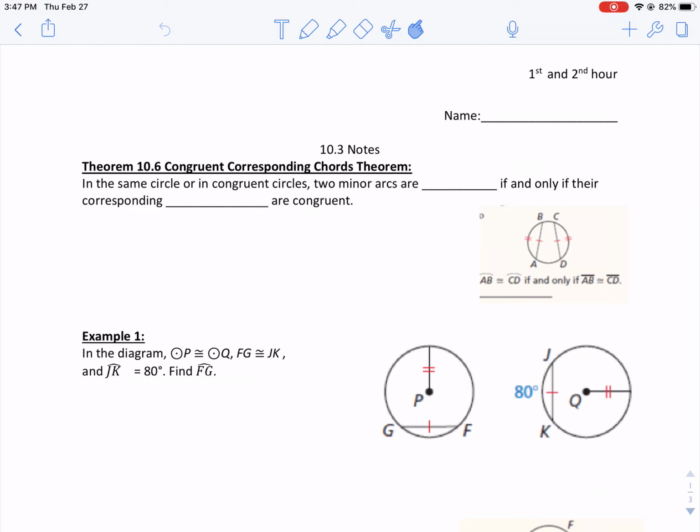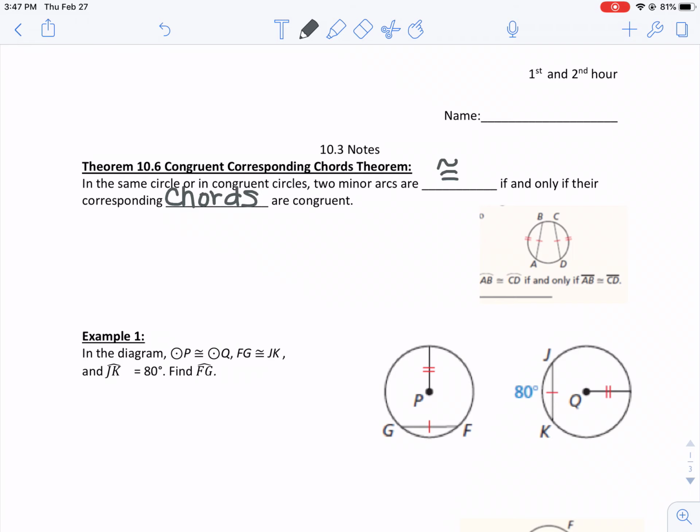So for the 10.3 notes, we're going to start with a theorem, and the theorem says that in the same circle or in congruent circles, two minor arcs are congruent if and only if their corresponding chords are congruent. So what that means is that